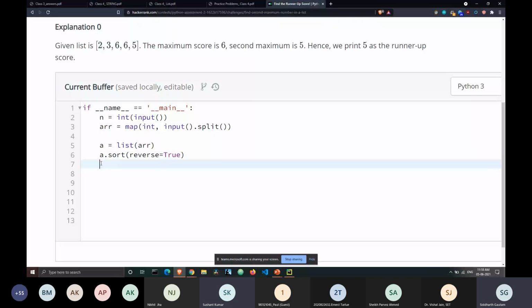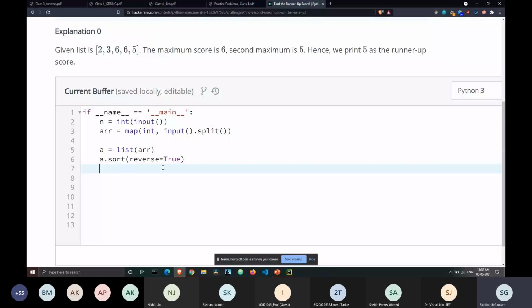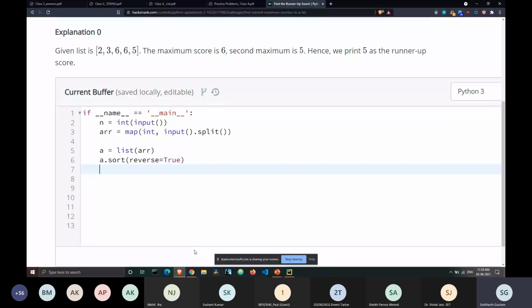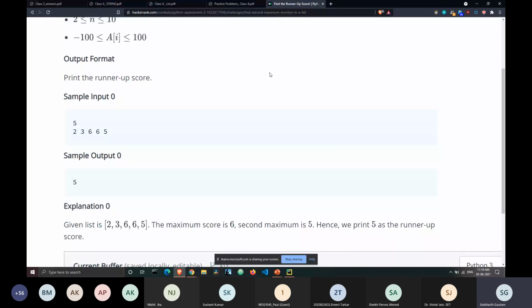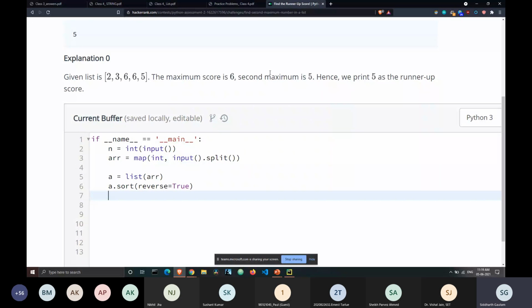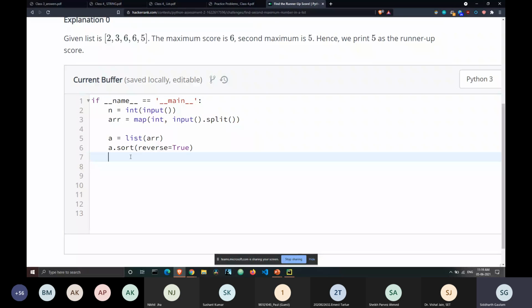So can't you just convert it into a set? Yep, that's also a good way to do it. But in that case, you will lose data, right? So let's take a look at the question. You have some participants from the sports day, and you have to keep track of every student. If you convert it into a set, then you will lose the entry of one of the students. So you have to always keep in mind what type of data you are working on. Does the data have redundancies? In that case, you can convert it into a set, but if it doesn't, then you cannot.